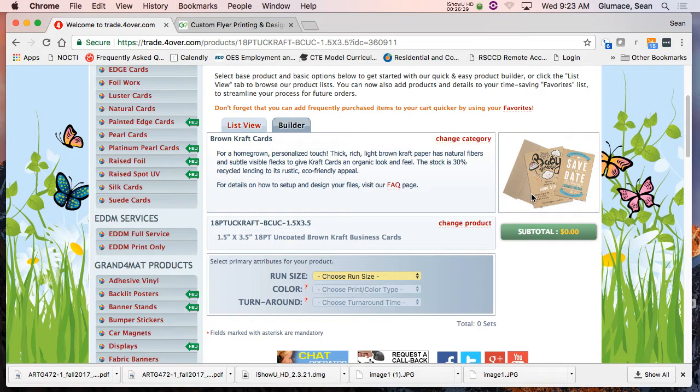Let's see, I think I've got one. So here, I'm going to pass these around. This is their new 16-point, they call it silk or satin. Just feel it. That's a satin. So this is why having samples with a client, I can hand them and go, do you like the satin card? This is 16-point satin.